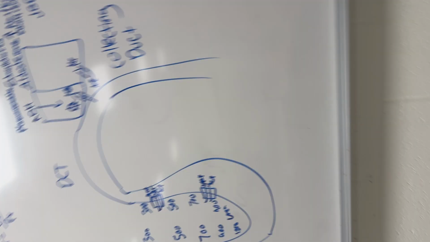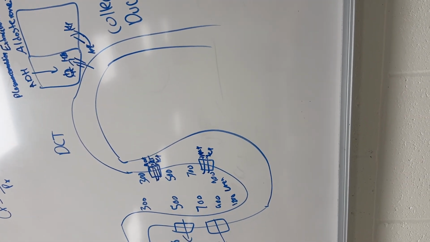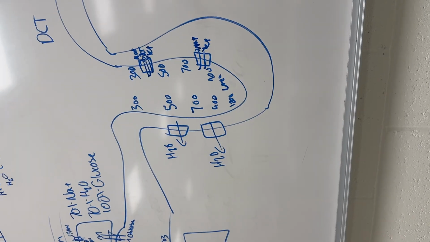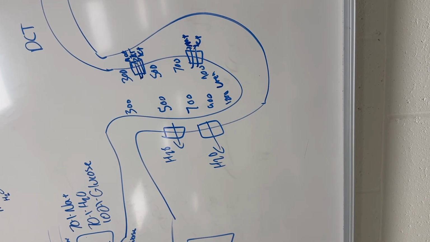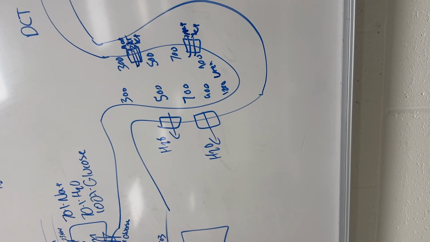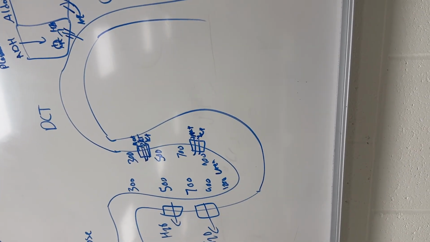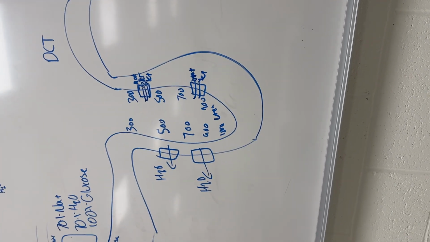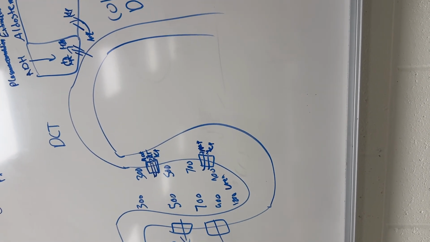Yeah, so basically the more ADH we have, the more concentrated our urine is going to be, because we're going to be absorbing that water. And then in here, the more ions we have coming in, the more water that we're going to want to come into our bloodstream. And so if we're absorbing water, that's going to make our urine more